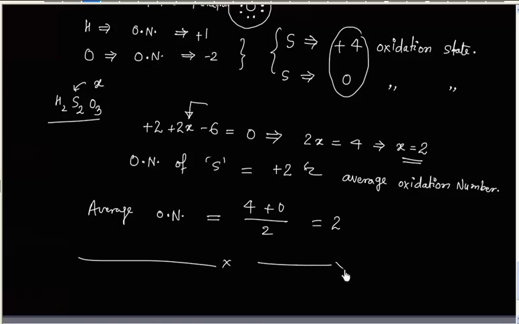So in this lecture we discussed how you can calculate oxidation number using the Lewis dot structure. And using the Lewis dot structure, it is easy to define oxidation number. The only thing is, you have to remember bond pairs are unequally divided, and given to the more electronegative atom. If bond pairs are between the same kinds of atom, they will be equally divided. So this is an important point you have to remember.